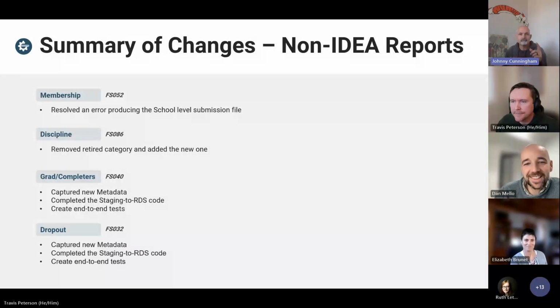Okay, so for the non-special education files, for membership, we had an error producing the SCA submission file just because of the size of that, the amount of data that comes through there. So we had to work on some ways to refine how we pull that data in, accumulate all of that data and then produce it. So 52 is now more efficient. It still takes a little bit of time when you're producing the school level file, but it produces a file